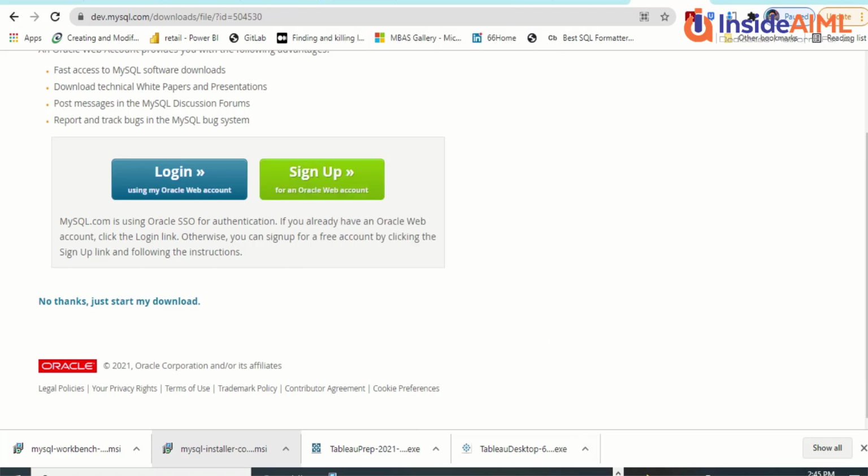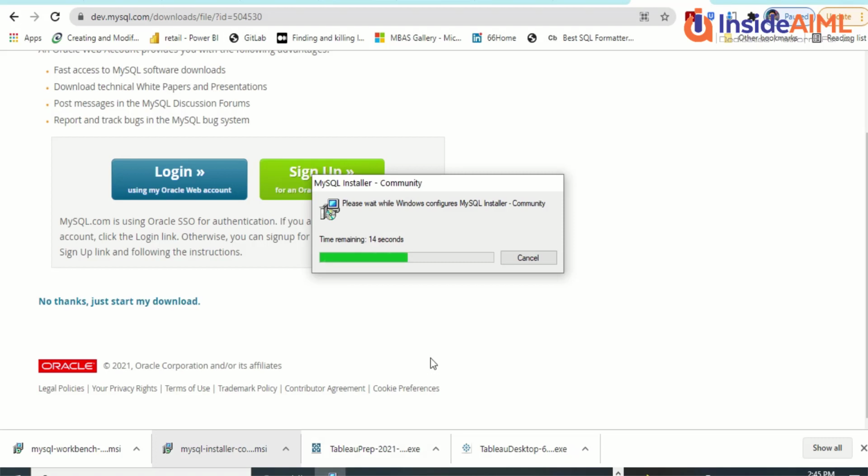So MySQL installation is progressing, and we will continue to install it. Let's see how much time it takes. It's 14 seconds remaining, and Windows has asked for a permission in between, the admin privilege, which if you don't have it, ask for it. So it has asked whether to give the permission to install, and once that is installed, we will also try to install MySQL Workbench. There are certain settings which we need to do, to make sure that we are able to access it.